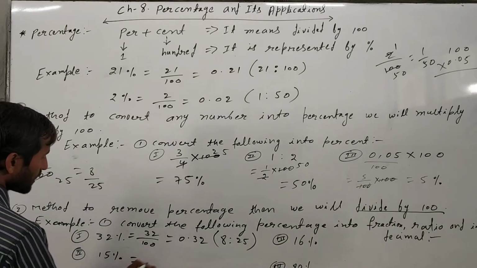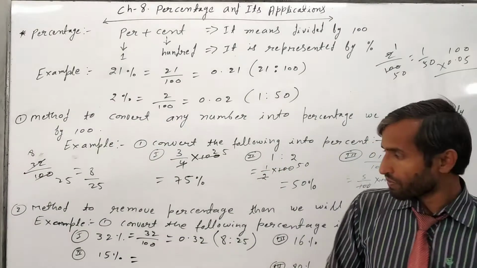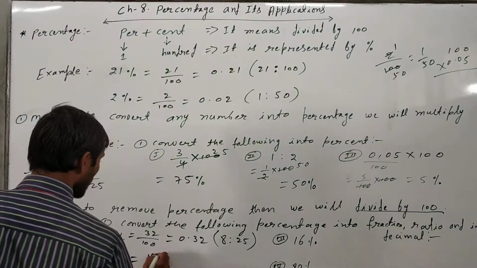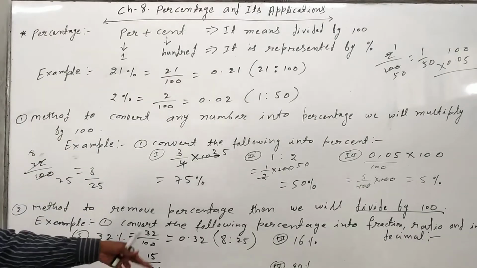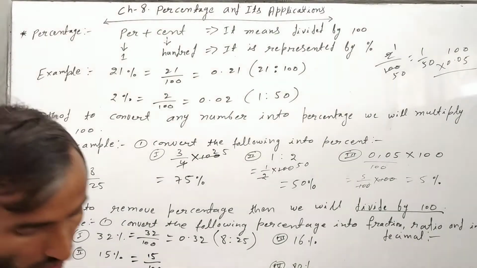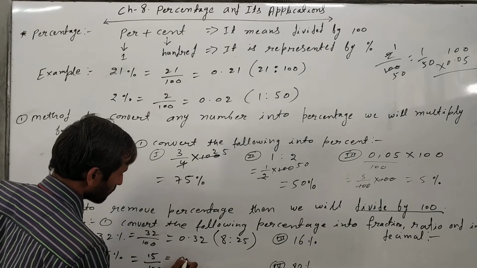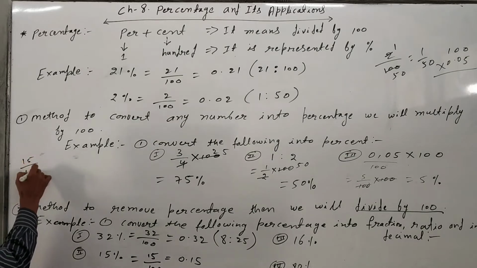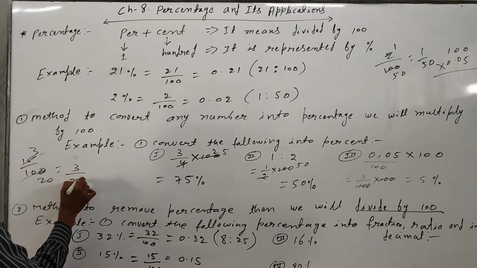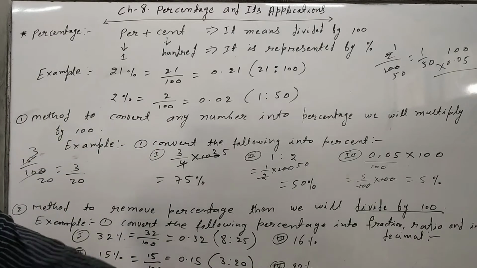Now in the second part again we have to do the same. 15% is there, we have to convert it into a fraction and then into a ratio or decimal. So 15 upon 100, you divide by 100. In decimal it will come 0.15. Now we have to convert this fraction into a ratio. So 15 upon 100, we can cancel by the table of 5: 3 fives are 15 and 20 fives are 100. Then in fraction it will come 3 upon 20, or you can write the ratio 3 is to 20. This is the answer.